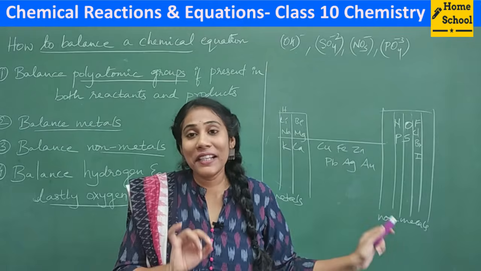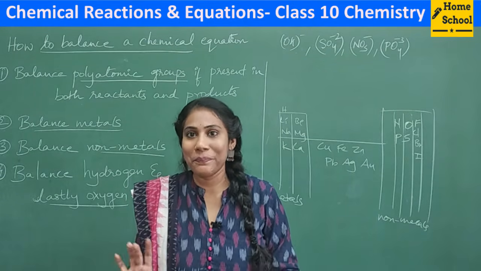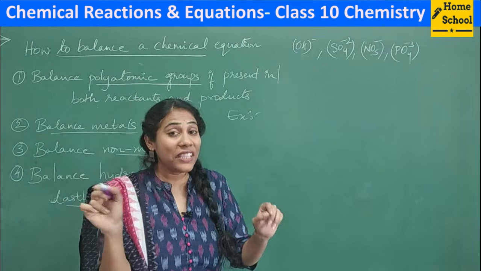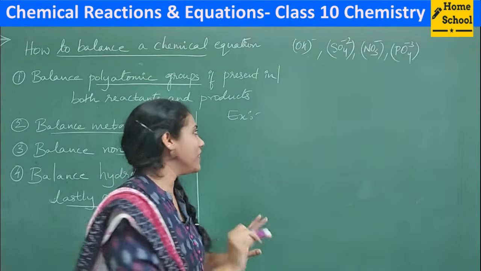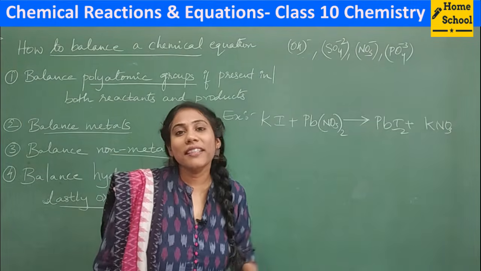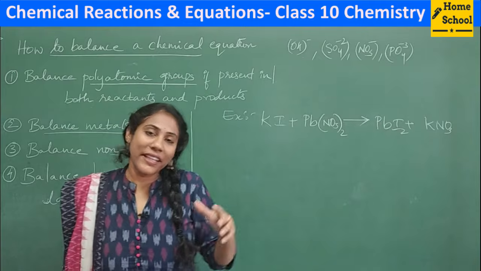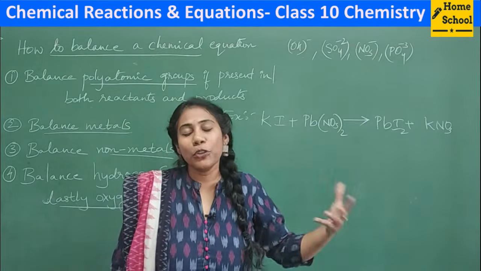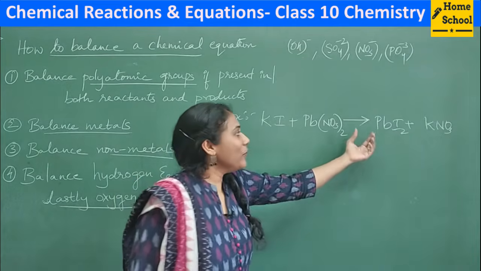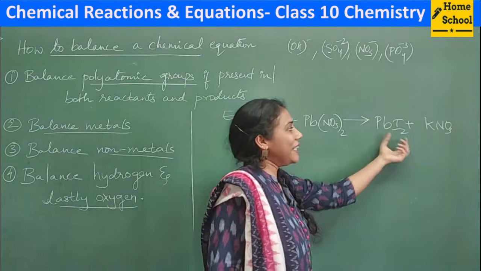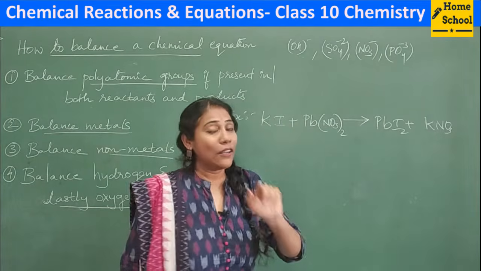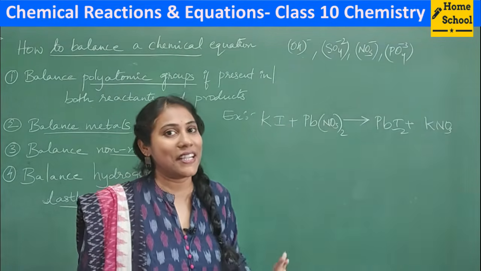So now let me show with one example. Let us take an equation which we have learned in the previous video. Do you remember this equation? This is the reaction you studied when color was changing, right? How to identify a chemical reaction by change in color. You will get yellow colored lead iodide, right? These two are colorless. When you mix them, you will get yellow color. A video clip I have also shown on this reaction, right?